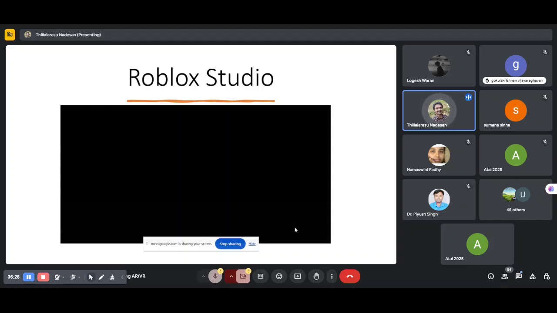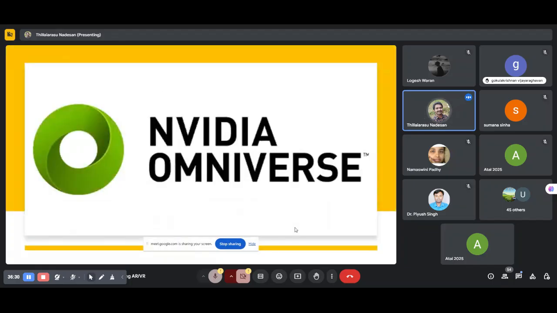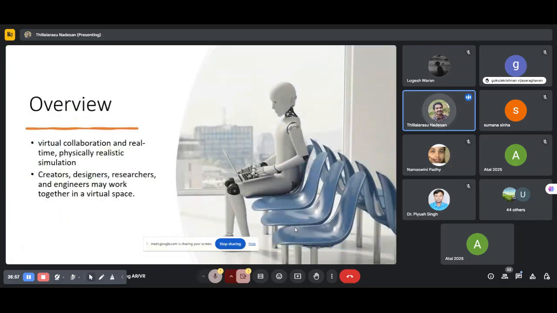And next we'll move to see about Omniverse. Okay, what exactly is Omniverse? You know that the NVIDIA company is familiar for graphics cards, used to develop and play any game, all those things. The graphics card is very important. See, this company's Omniverse is one section. They are supposed to create this kind of AR, VR things. Okay, we'll see one by one.